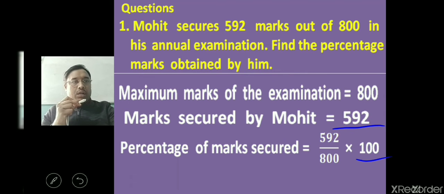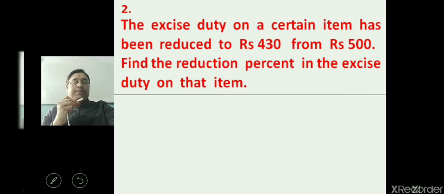When you solve this, these two zeros you can cut from 100 and from 800 also. Now this 8 will divide 592, and you will get 74. That means 74% marks obtained by him. Okay. So now the next question we have: the excise duty on a certain item has been reduced to rupees